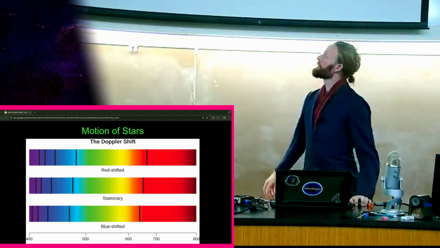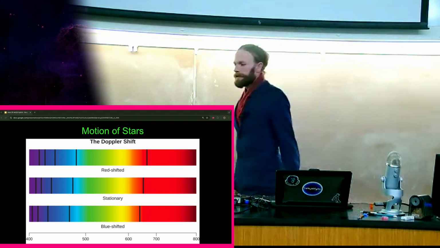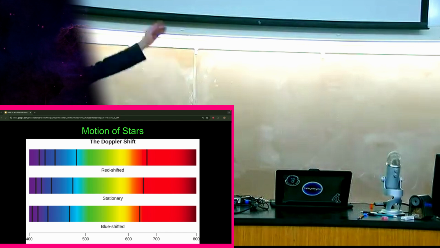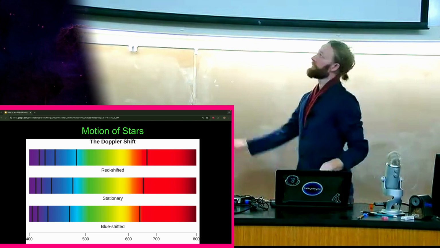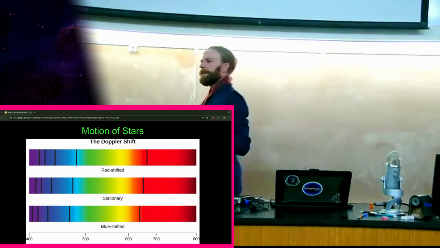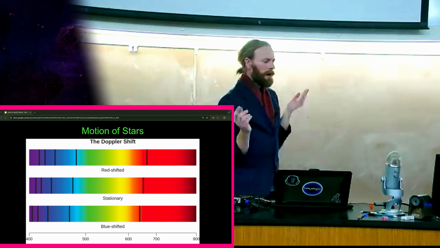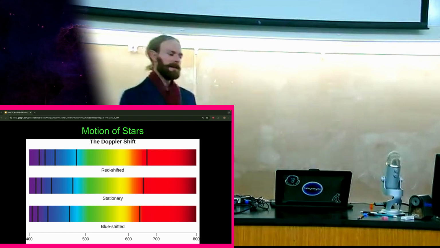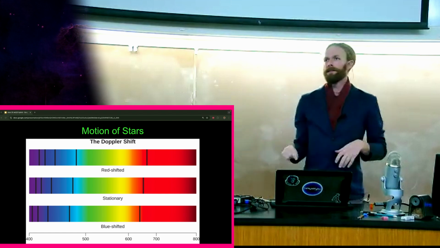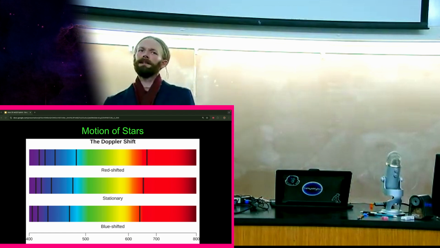So here's an example of that. You can see a particular line. It doesn't matter what element it is, but let's say it's a hydrogen line of some sort. It's being red shifted in the upper category here, and it's being blue shifted down below. And what's interesting is that all the lines, right, doesn't matter what element you're looking at, they should all kind of be shifting together, right? You shouldn't just have one atom in the star that's moving towards you or moving away from you. They should all kind of be moving together. So you can use this to calculate the speed at which that star is moving either towards you or away